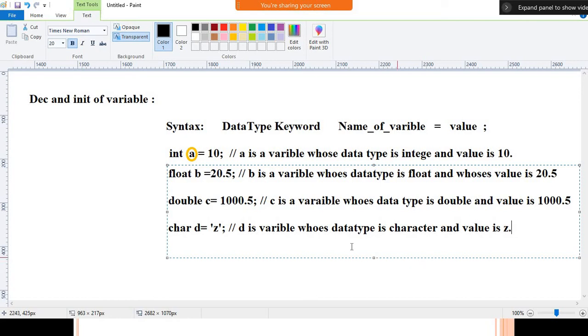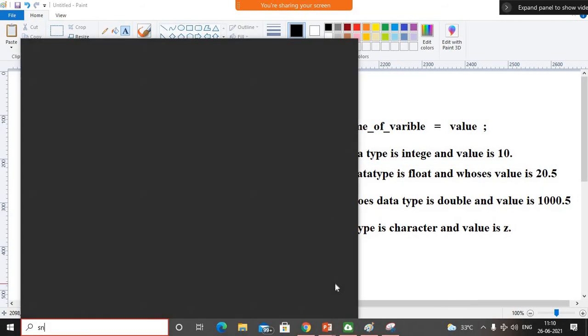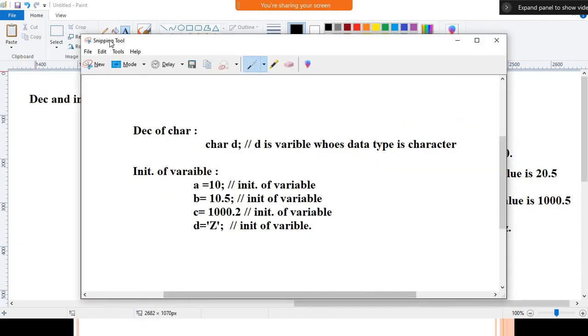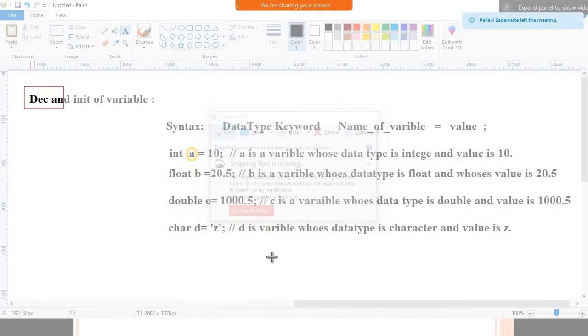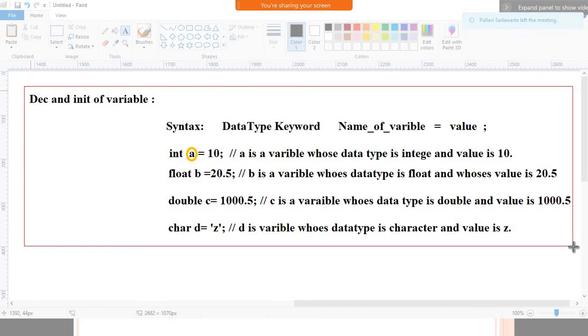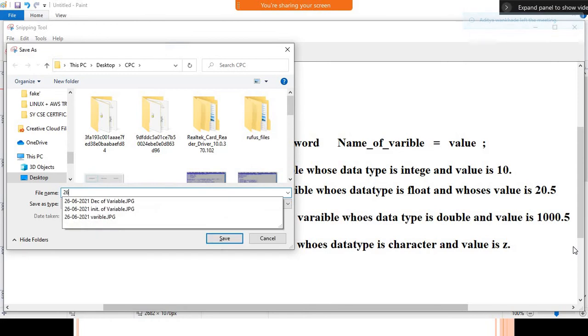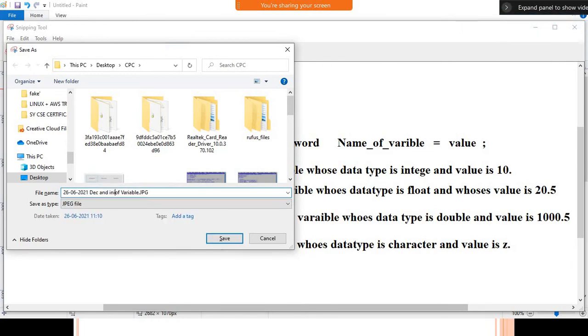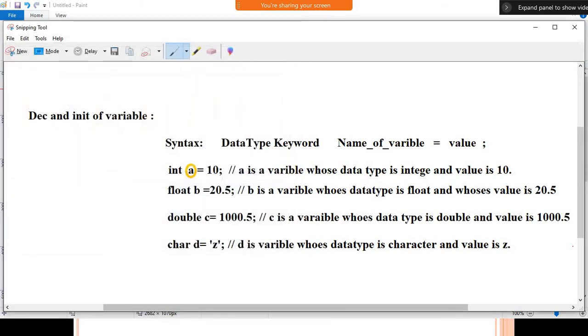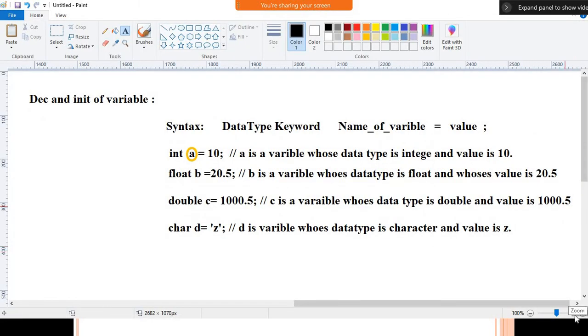Now we'll do the programming and write a few more programs, and after that I will give more also. So just save that. Declaration, initialization. Okay, so this is the theoretical part of a variable.